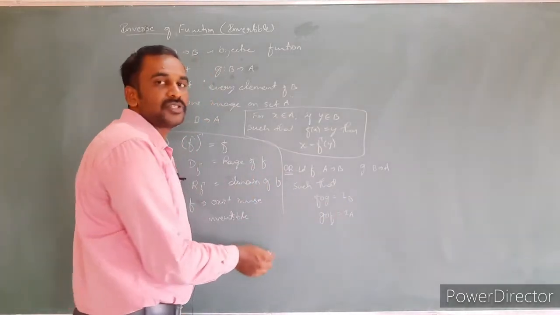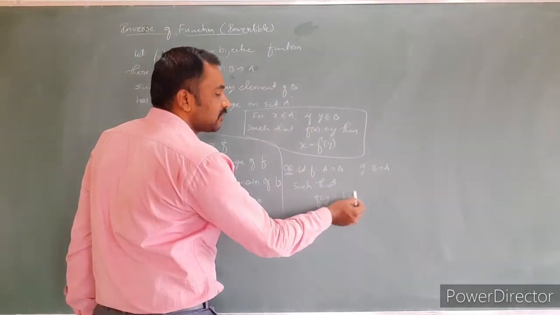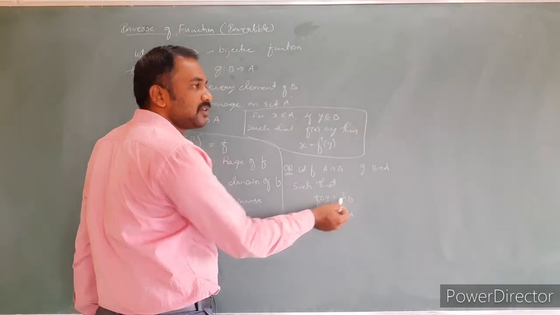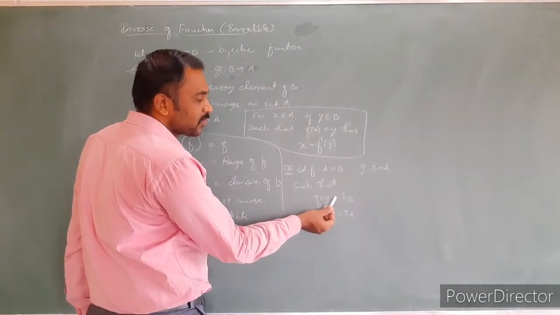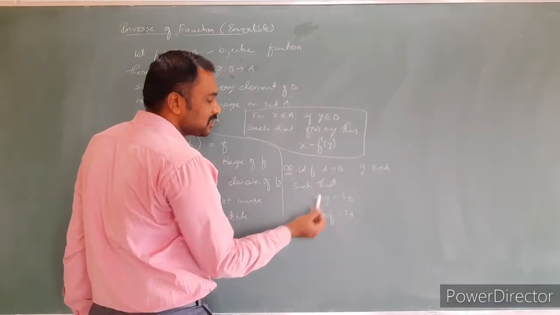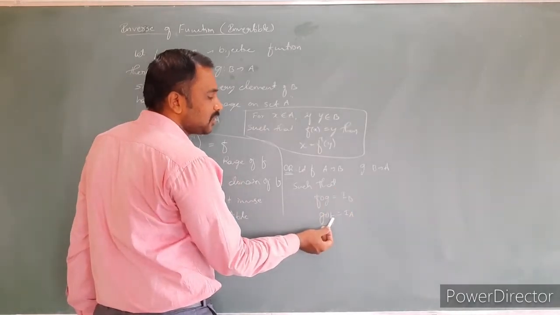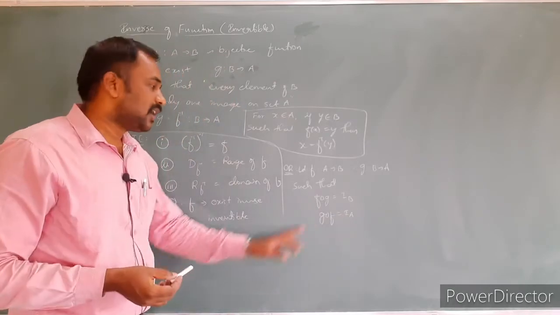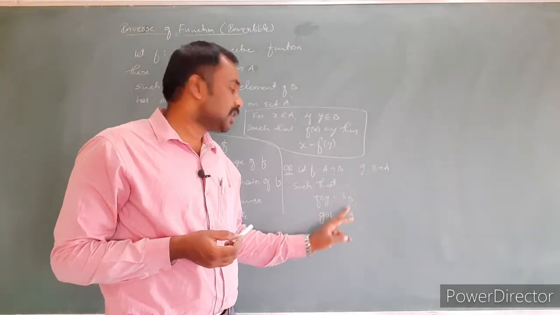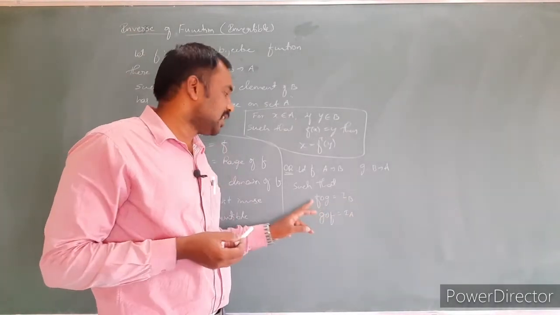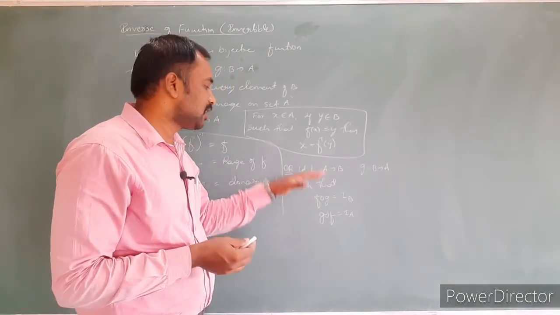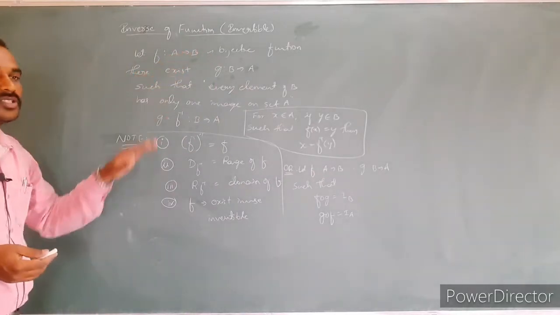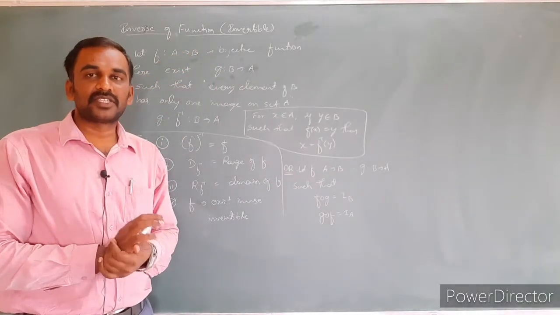You might get confused here: how to decide whether it is an element from the set A or from the set B? You just decide from the second function. In f circle g the second function is g. What is the domain of g? B. In g circle f the second function is f. What is the domain of f? A. That's why we take the identity element from the set B and the identity element from the set A for f circle g and g circle f respectively. Either you can use this definition or the other, you will get the same result.